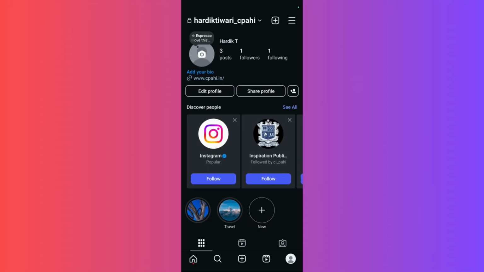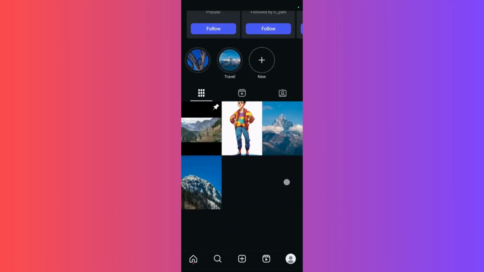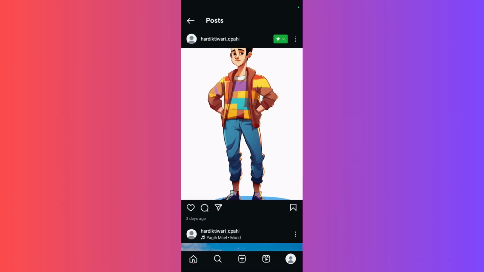Welcome to this tutorial. In this tutorial, I'm going to show you how you can use your saved Instagram audio in your posts. So let's go to any particular post, for example, this post right here. And now what we'll try to do is edit this post by clicking on these three lines present at the